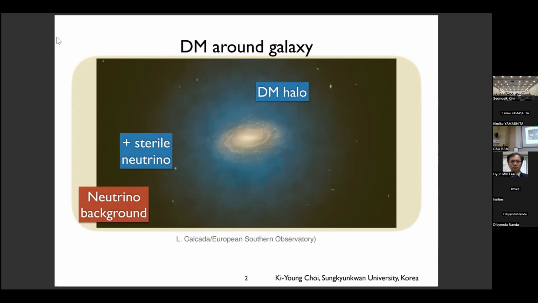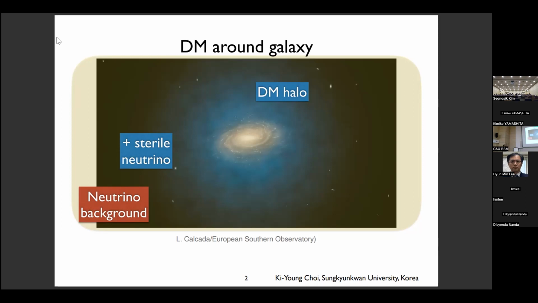If an extra sterile neutrino exists in the universe, then similar to the standard model neutrinos, sterile neutrinos may also exist in our galaxy. That's the assumption in this paper. If it is cold, it can be dark matter, but if it is warm, with small mass, it can be a warm component. Anyway,